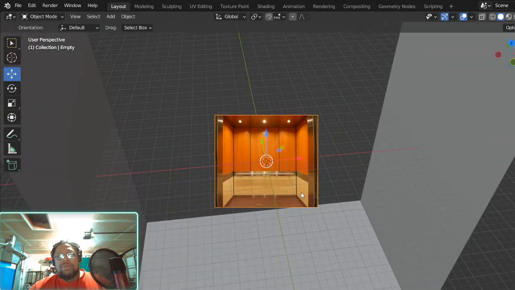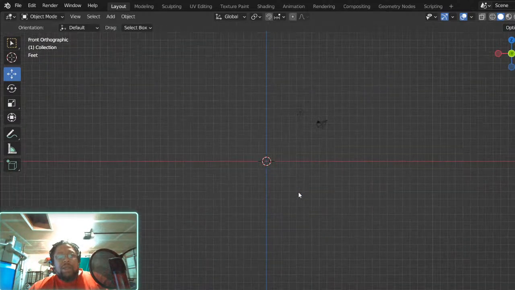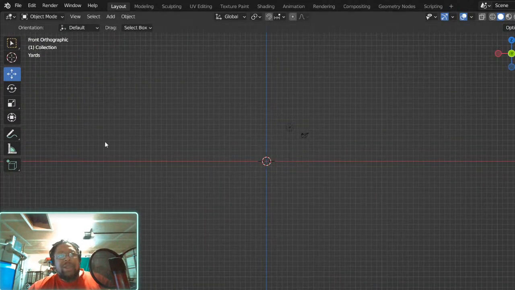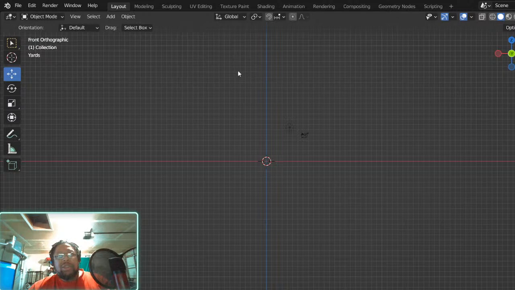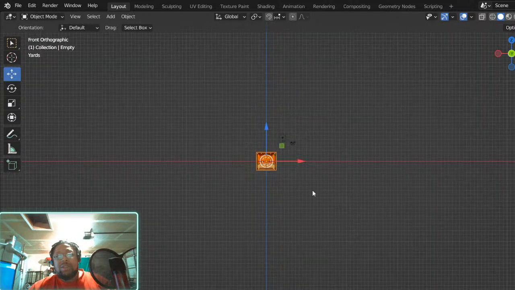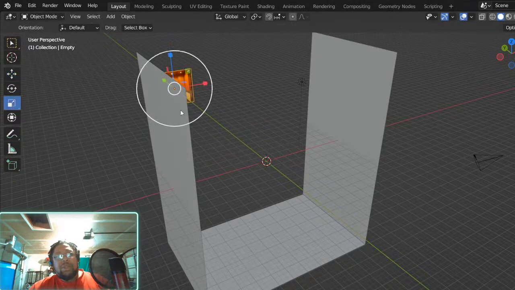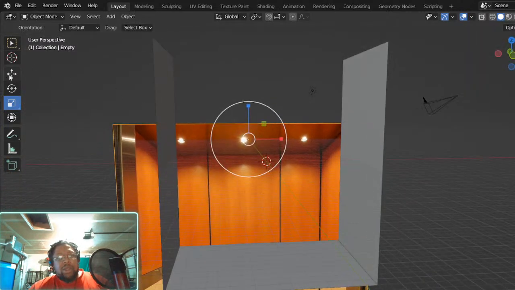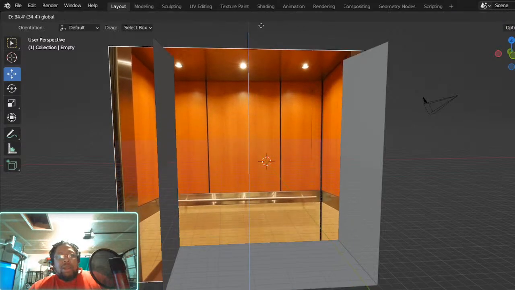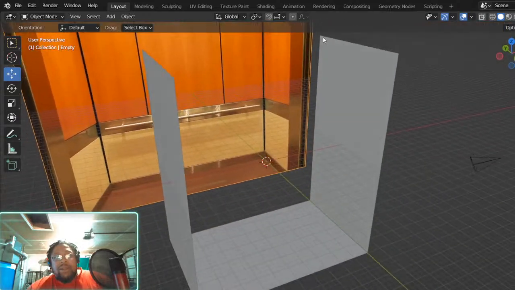Nope, and I don't like how I brought it in. Now let's do Shift A, Reference, Low reference. Okay, there we go. Let's enlarge that, my friend. All right. Here's my elevator.